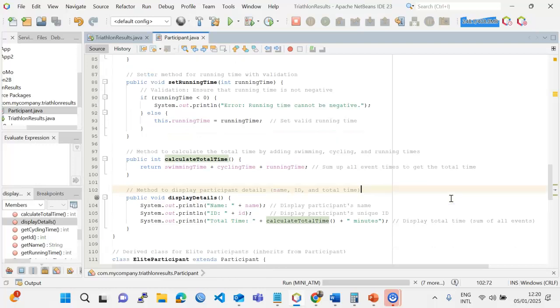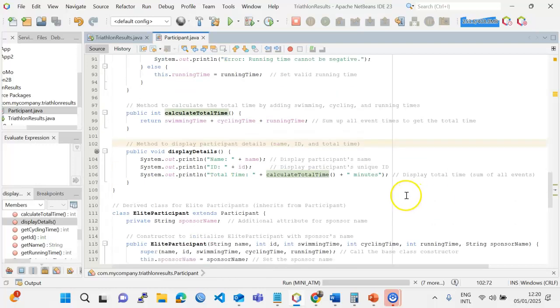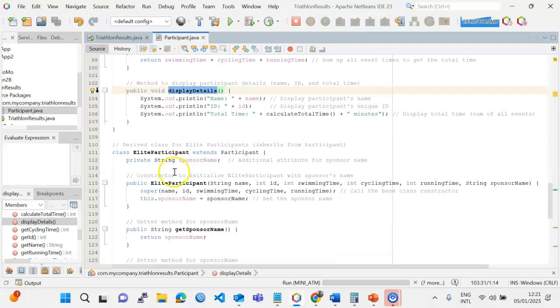Yeah, to get the total time. And then we'll have to create a method to display the participant details, which is the name, the ID, and then the total time. Okay. Yeah, so once we are done with that, the display method, then we'll come to create the derived or